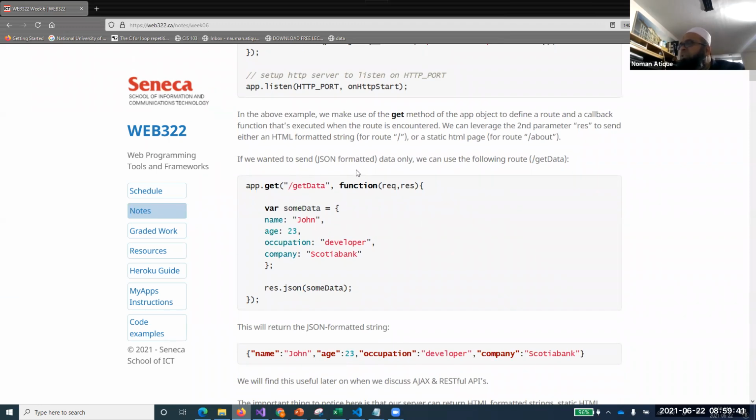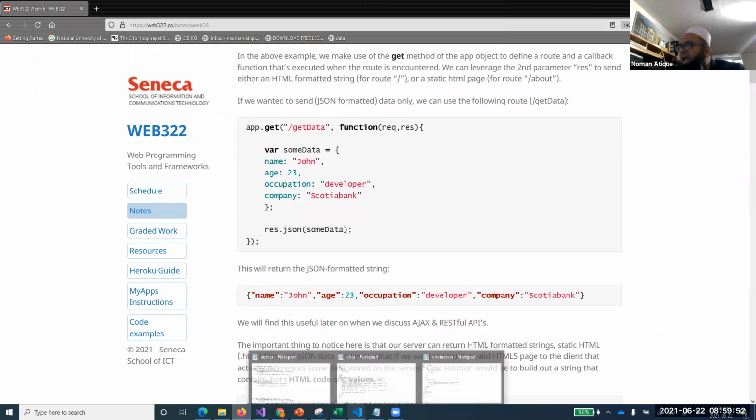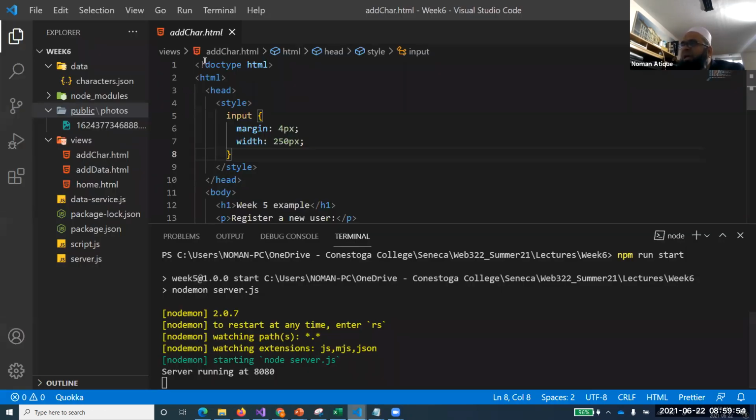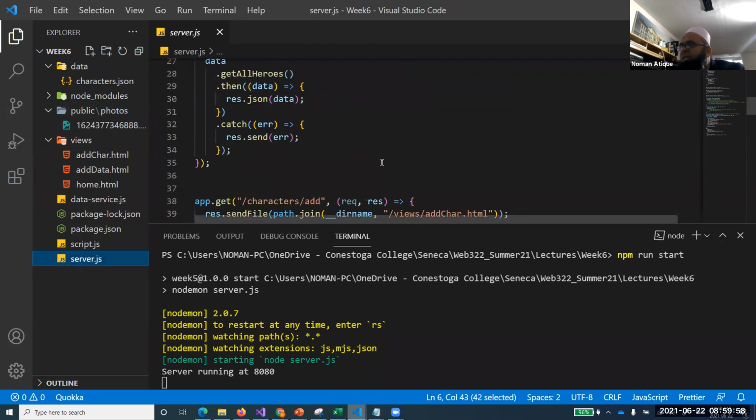If we wanted to send JSON formatted data, we can use the following. You remember, we have talked about that. If we have to send that JSON data, we define the data in some way or other, and I give you this example over here of how to send that JSON data.